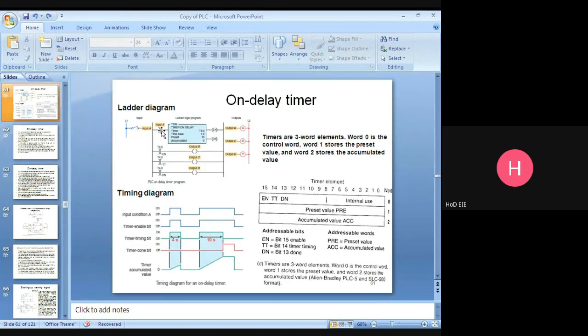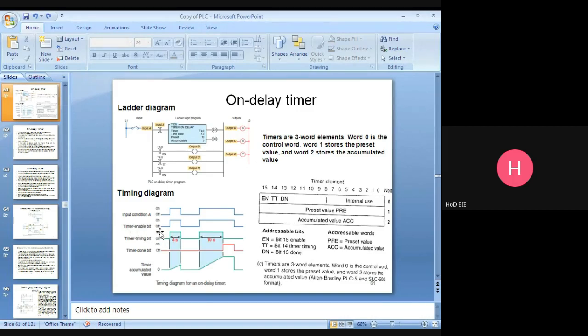Listen carefully. Input is off. You are not giving input. This contact is open. So the enable bit won't be energized, the done bit won't be energized, and the timing bit, I mean 0, 1, 2, 3, like that the timer is timing, that bit is also 0. So from this point to this point, the value will be 0.